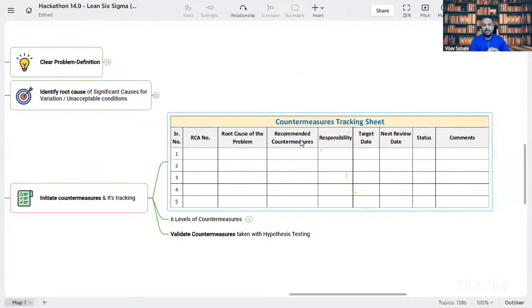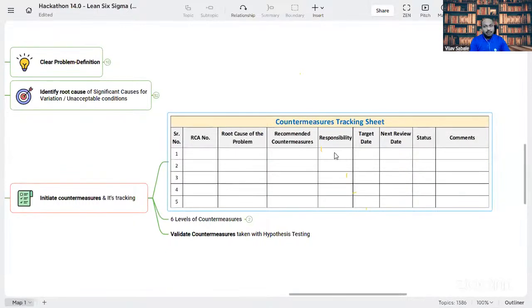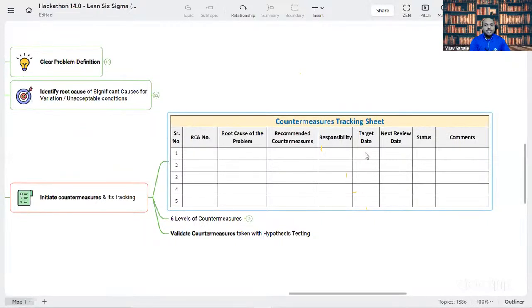We can have there: what is the countermeasure that we are going to execute? Who is responsible for that? What is the target date for the execution? And you must have some review dates prior to the due date, right? So we should not review the status of the countermeasure directly on the day of completion. We should have at least 2 or 3 reviews before that,